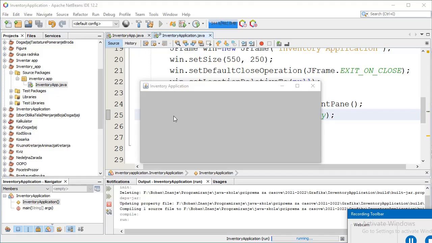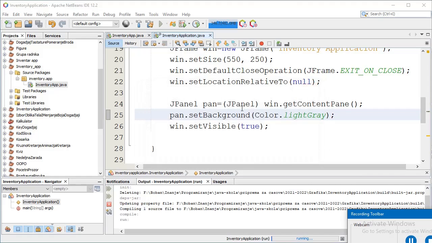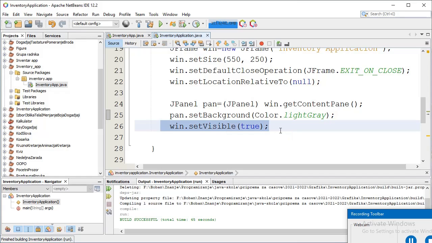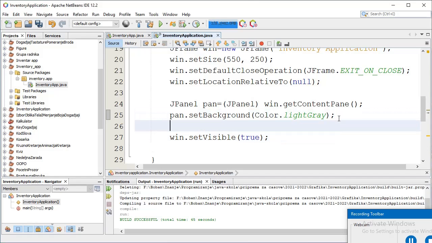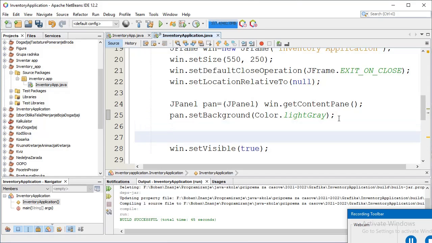That's it. The next object is JLabel. A JLabel has some text on it. In our case, I set the text to number of packages per shipment. Let's first create that object. This line of code, the setVisible method, should be on the last line of code. I insert a new line in front of the setVisible method.